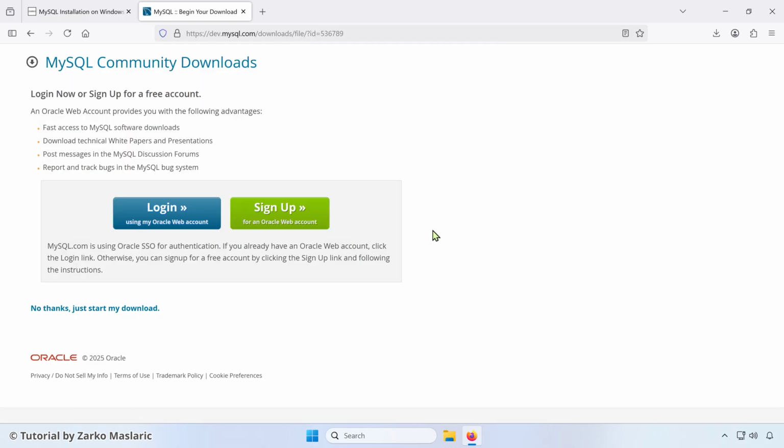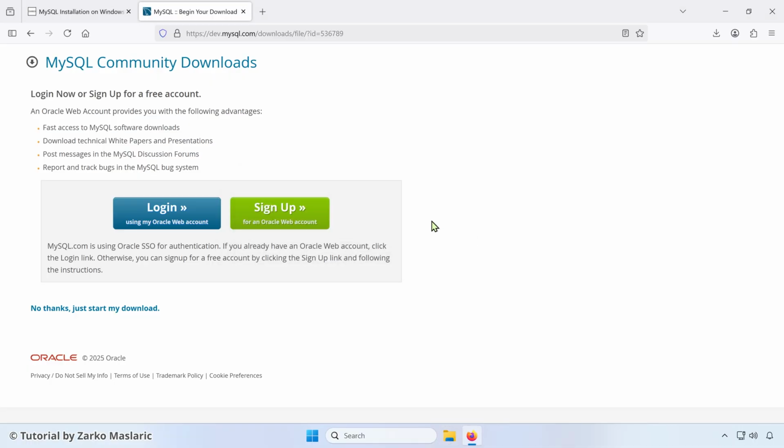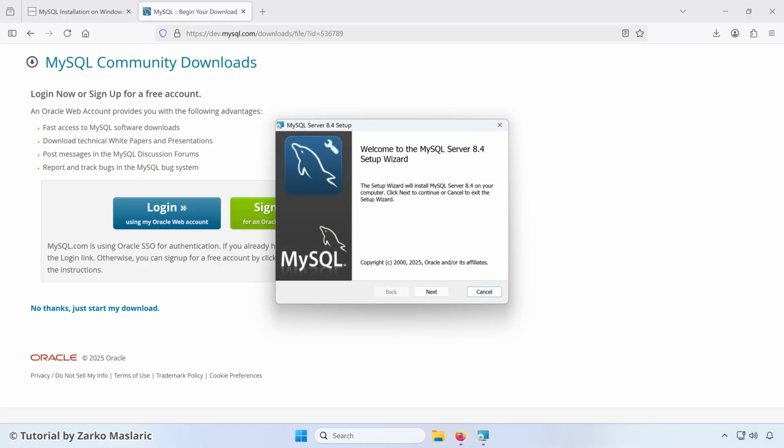And here you don't have to log in or sign up actually. You just want to click no thanks, just start my download link here, and that will start the download process. It will download this MSI file and then click on that, start it up. Your browser might ask you if you're sure you want to open it, but again, if you downloaded it from the official mysql.com website, then it should be safe, and you can click OK, and it will start the installation